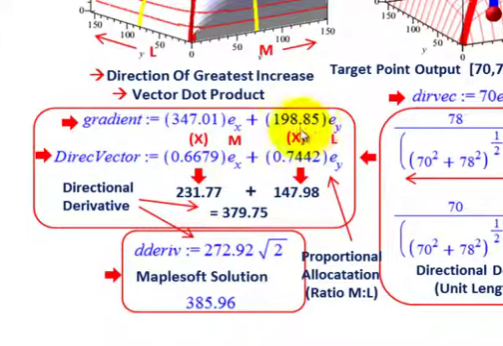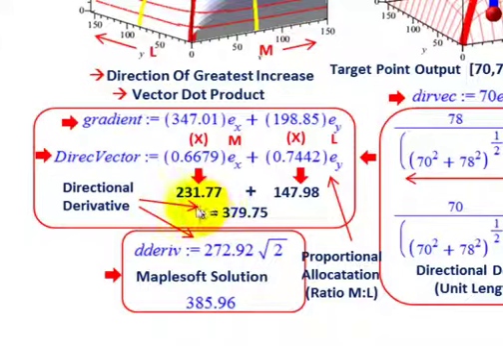Then for labor, same thing: take 198.85 times its unit directional vector of 0.7442, and that gives you 147.98. You add those two quantities together, 231 plus 147,